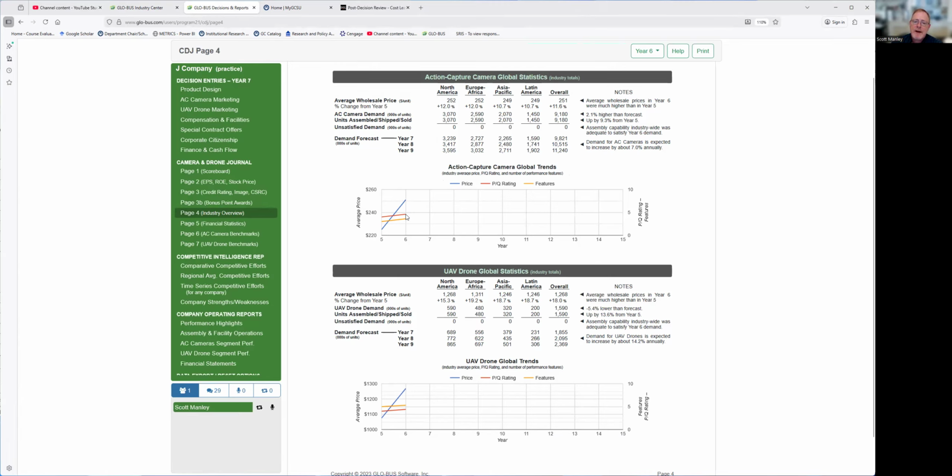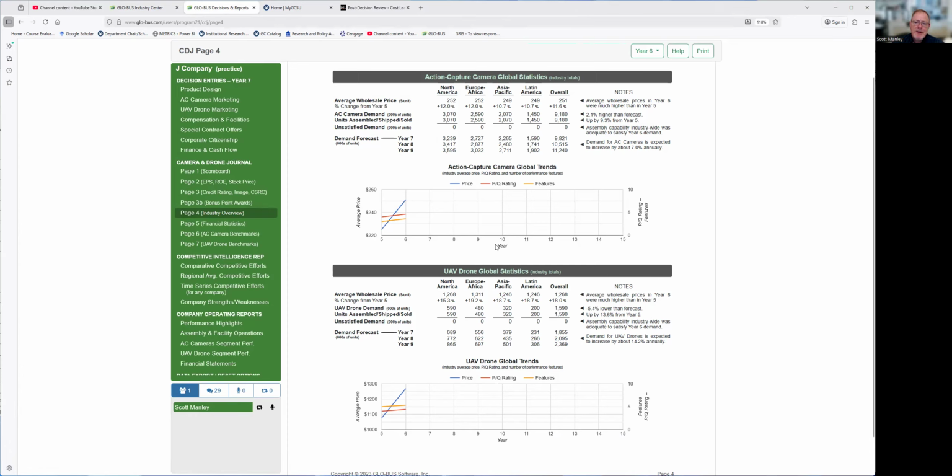They were pretty satisfied with the 4.6 star rating. So this relationship for them was pretty good. And if you actually do the math on that, the value was a little bit better in year 6 than it had been in year 5. Looking at the drone, sales were 5.4% lower than forecast. They were still up 13.6%, but they had been forecast to go up by 18%, and they did not do it. So the industry as a whole was pretty dissatisfied with the relationship between price and performance quality. Okay, so you got an issue there.